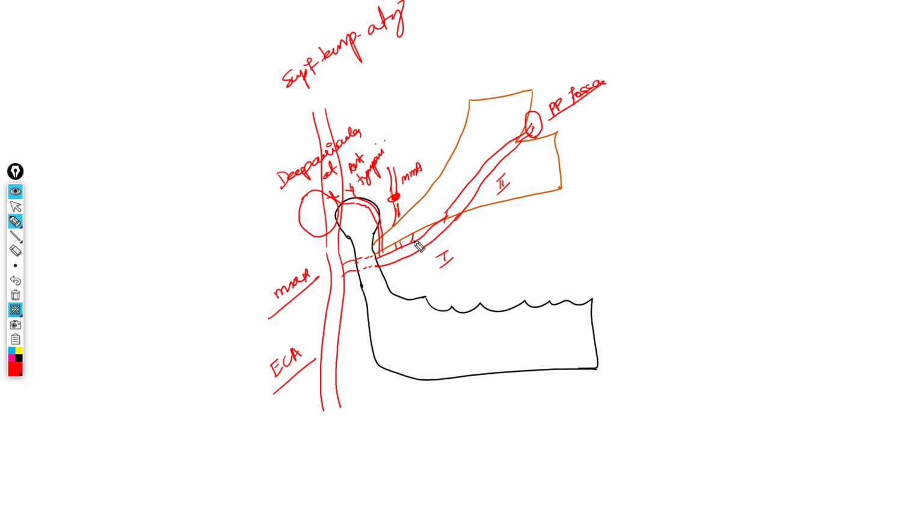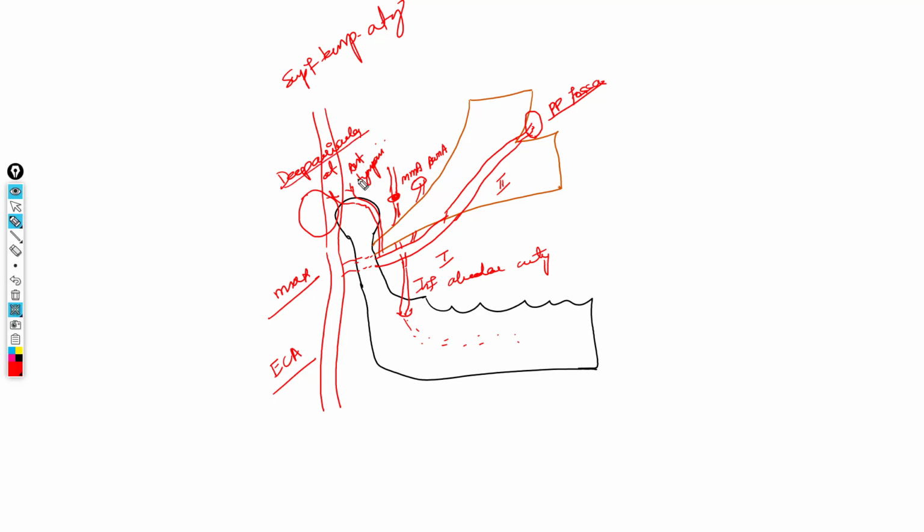And again it gives another branch that passes along with the mandibular nerve within the foramen ovale. So what is that artery? This is the accessory meningeal artery. Okay. So deep auricular artery, anterior tympanic, middle meningeal artery, accessory meningeal artery. Another branch which is coming from the inferior aspect will enter into the mandibular foramen, and along with the inferior alveolar nerve it passes through the mandibular canal. So what is that artery? Inferior alveolar artery.